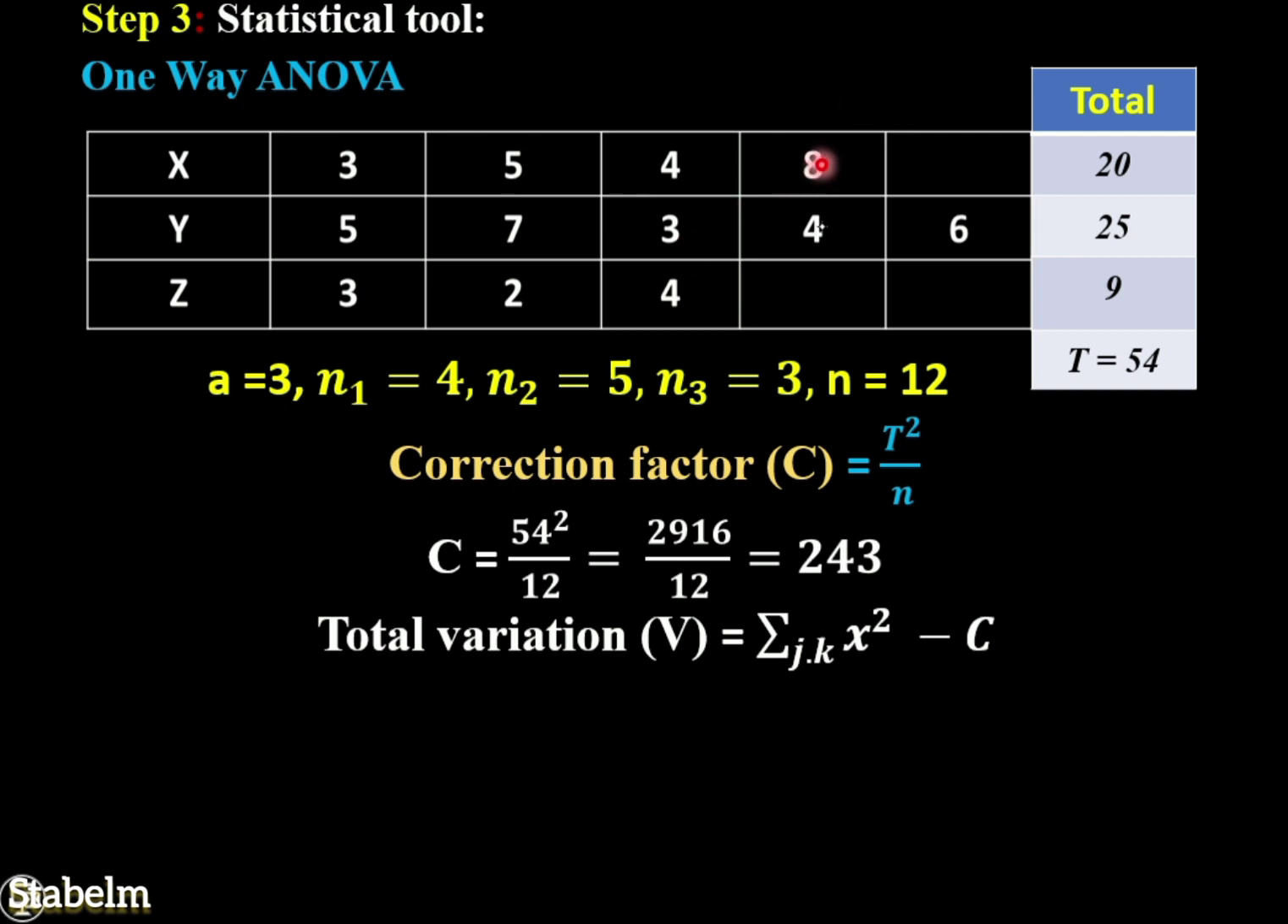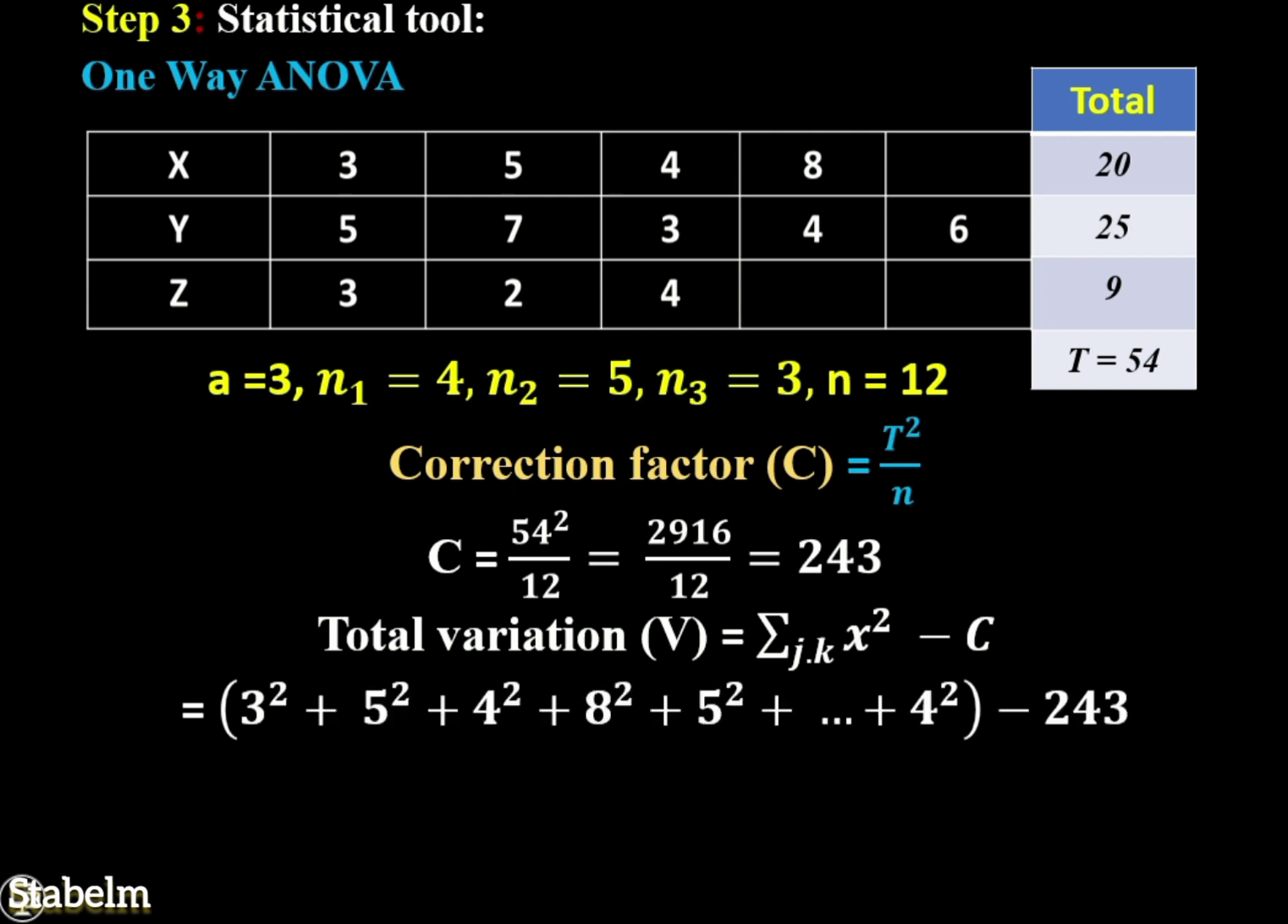Up to 4 square. We're going to add everything together, then subtract it from the correction factor. We're going to have 3 raised to the power 2 plus 5 square plus 4 square plus 8 square plus 5 square, then definitely plus 4 square, then minus the correction factor. That is the square of each observation. The sum of squares of each observation here is what will give us everything that we have here. Then we subtract it from the correction factor, and by the time we do this, we're going to have 278